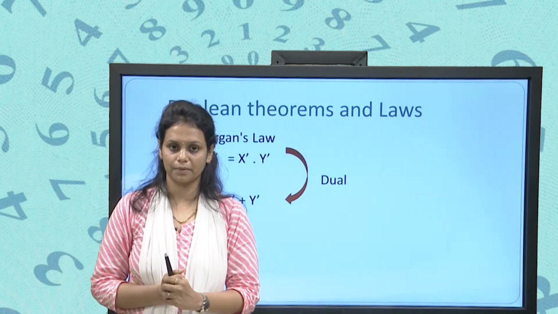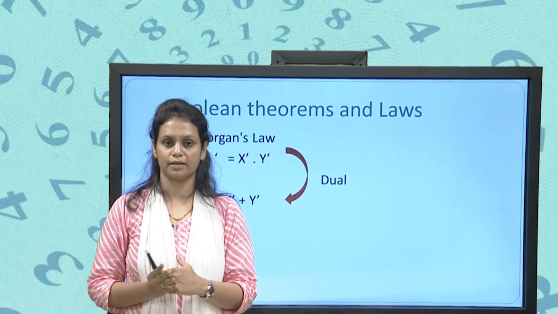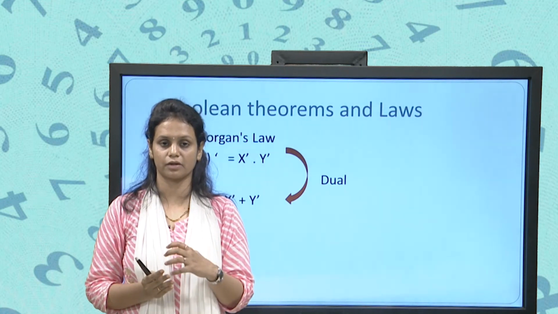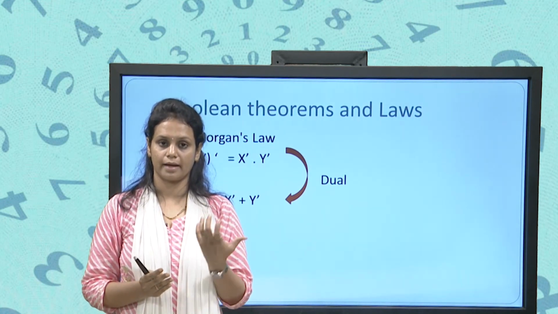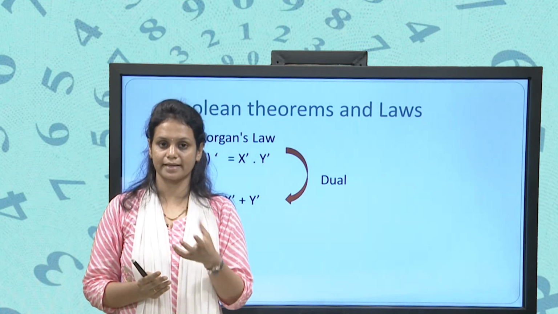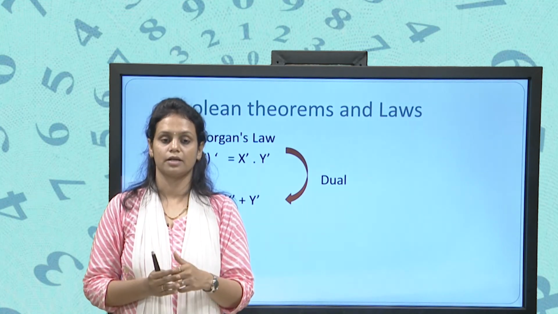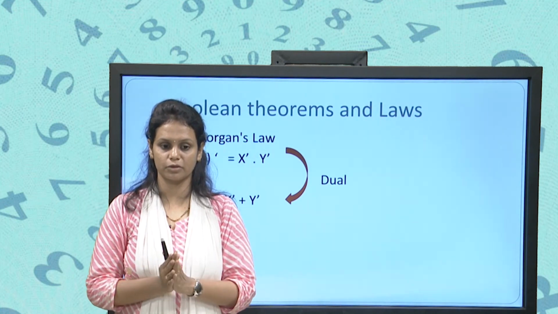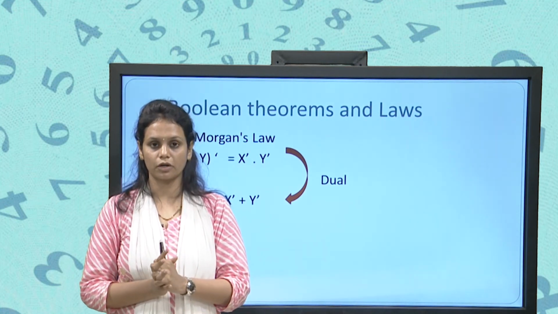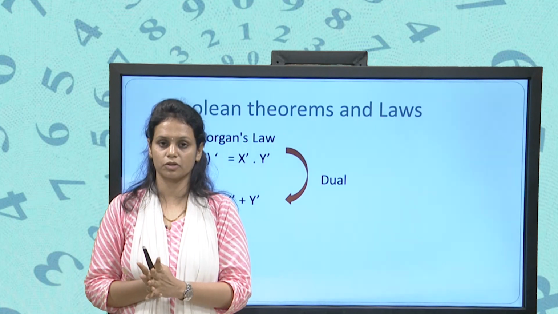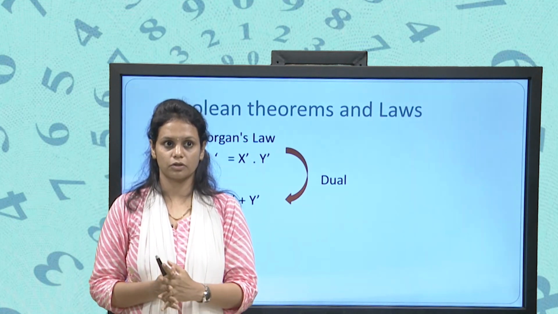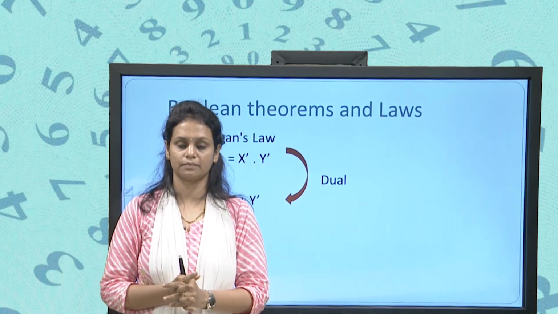What is the meaning of plus? Plus tries to find the highest element from x and 0. So which is the highest element? The highest element is x, okay. So x plus 0 equals x in Boolean algebra, and x dot 1, what is the output of x dot 1?